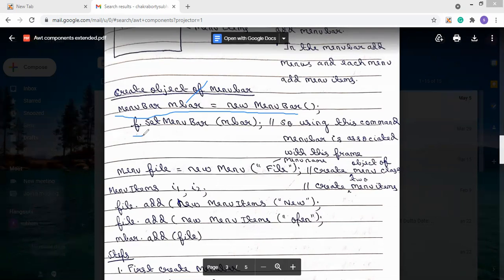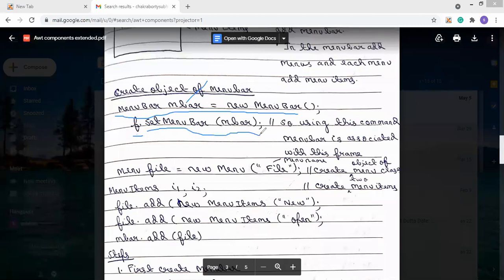Through the frame class object, we will call the setMenuBar method, and inside this setMenuBar method, we pass the menu bar class object.